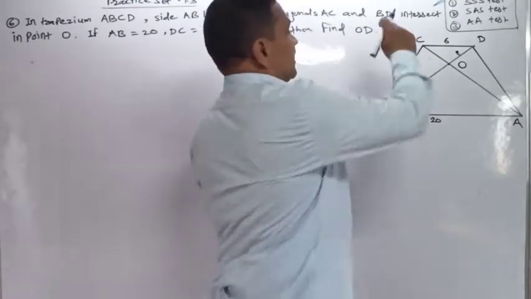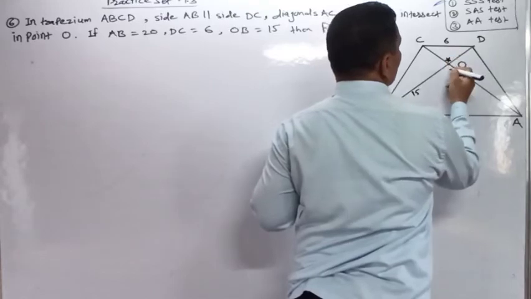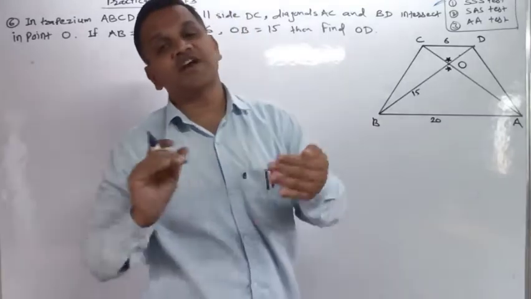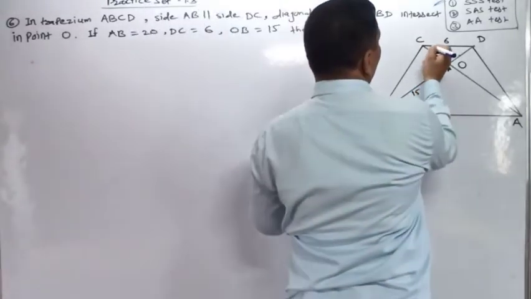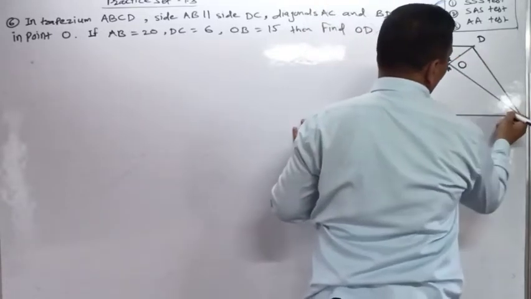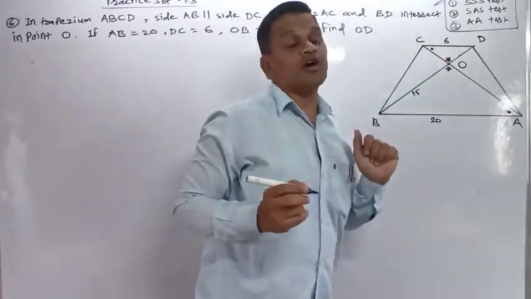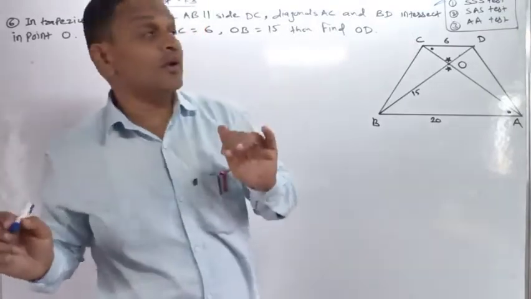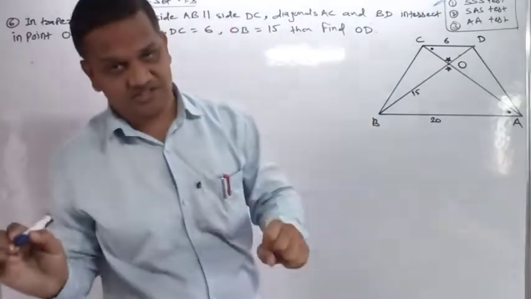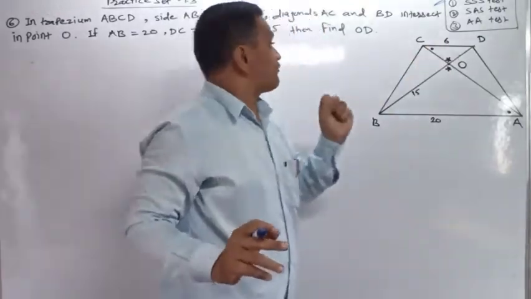Understand? Now in triangle COD and triangle AOB, angle O is congruent to angle O. Why is angle COD congruent to angle AOB? Because they are vertically opposite angles. And angle OCD is congruent to angle OAB. Why are angle OCD and angle OAB congruent? Because they are alternate angles formed by the parallel lines CD and AB. Then these two triangles are similar by double A. And if two triangles are similar, then their corresponding sides are in proportion. By taking corresponding sides in proportion, we can find the value of OD.